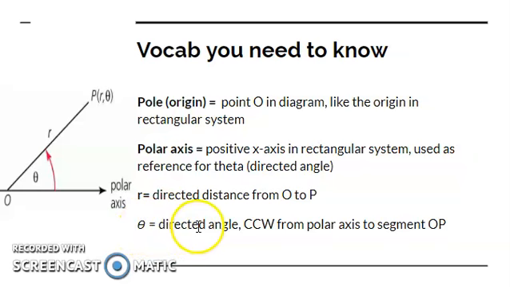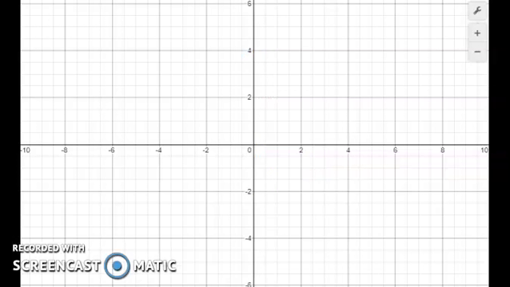And theta is the directed angle, which is measured, again, counterclockwise from the polar axis to segment OP, which is right here. And again, r is the directed distance from O to P, as shown in the diagram. And just a reminder that in the polar coordinate system, a point is represented by r and theta, the directed distance and the directed angle. So right now, I'm going to use